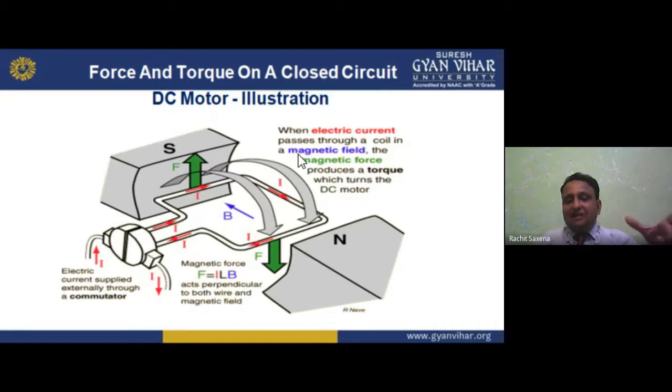It is made of iron for small motors, but for huge HP, large size motors or large machines, what do we use, my dear student? We use steel sheet. We use steel. We have already studied the B-H curve. In this B-H curve we know two things. One is magnetization, saturation. If I apply more, then it is demagnetization, reversal of magnetism. That is the B-H curve, the hysteresis curve, known as hysteresis.